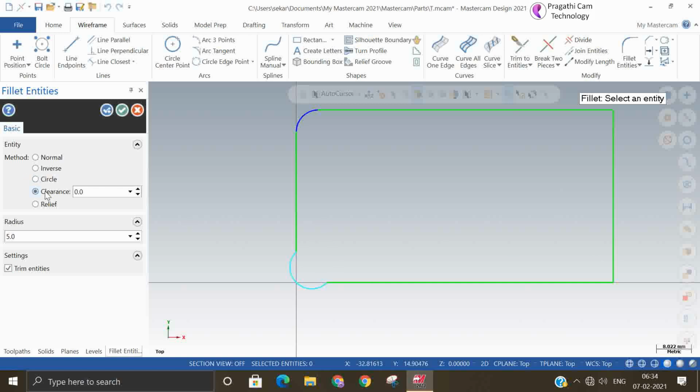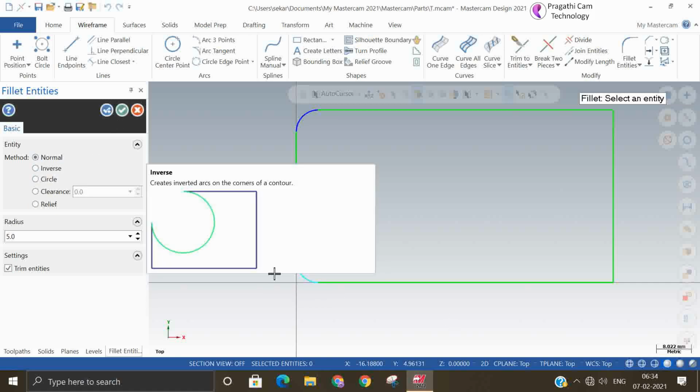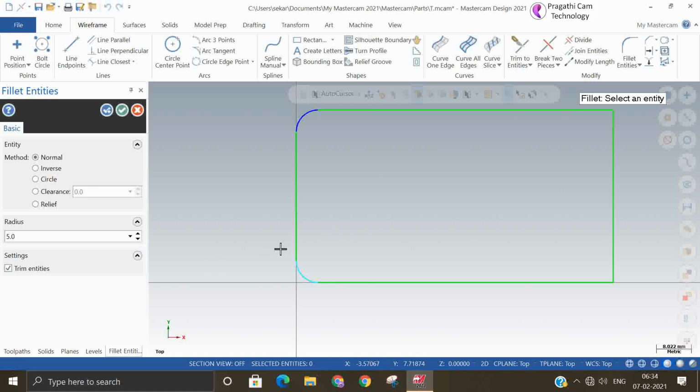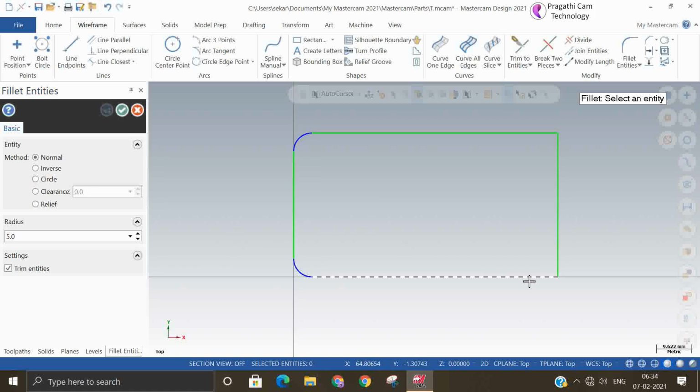Circle is not much useful. This clearance, and the inverse, if the inner portion of the block is a perfect square, then you can use that method. Okay. So these are the filleting methods.